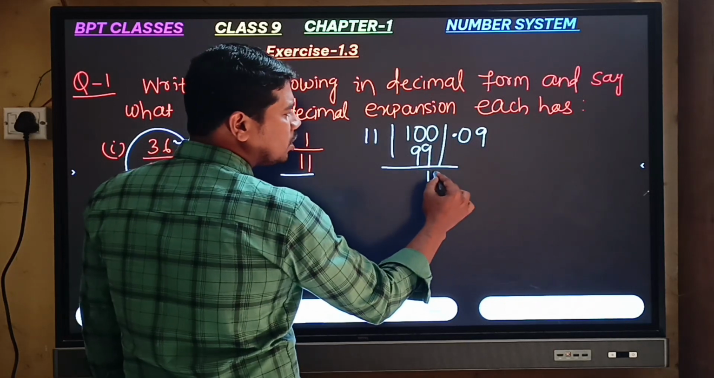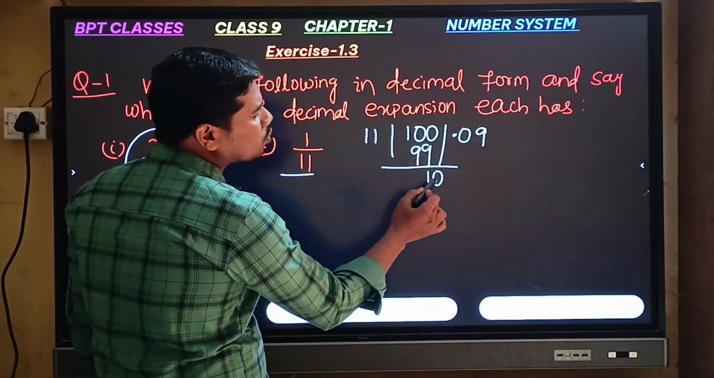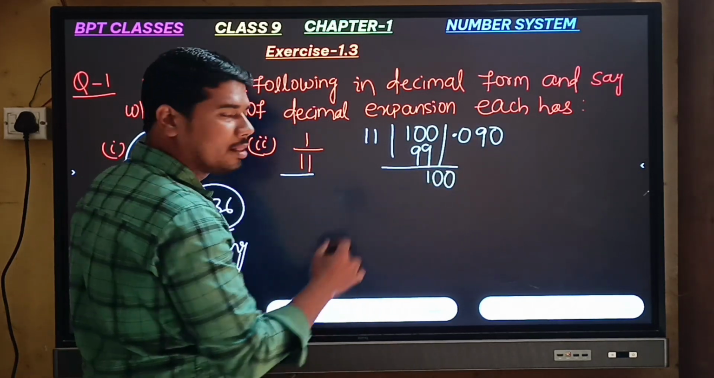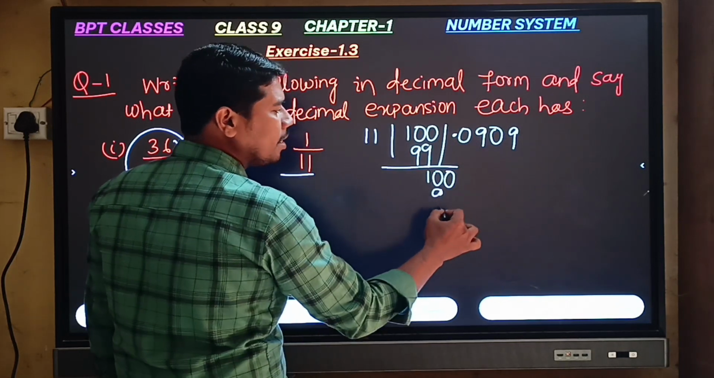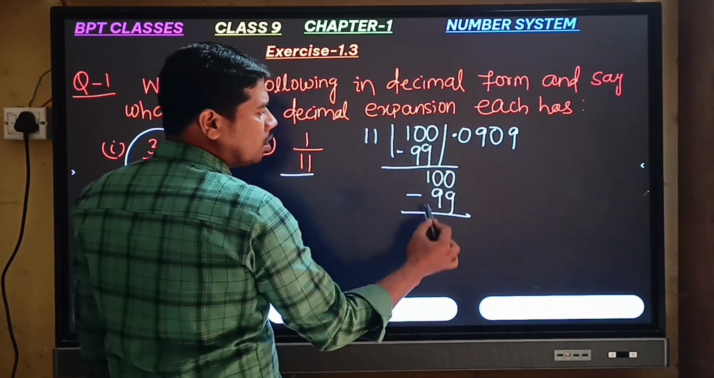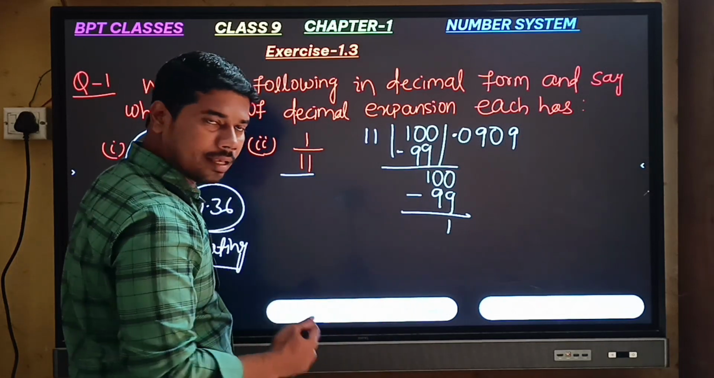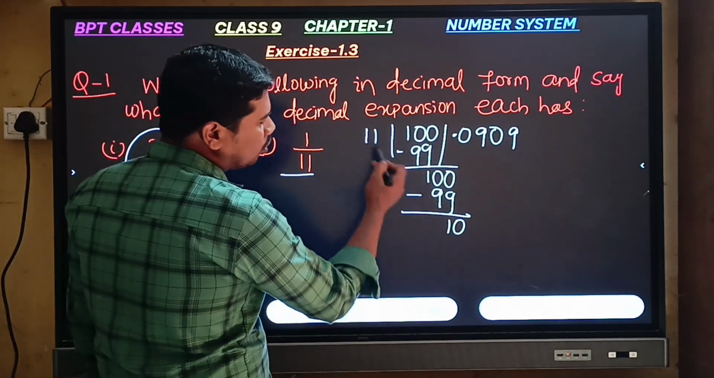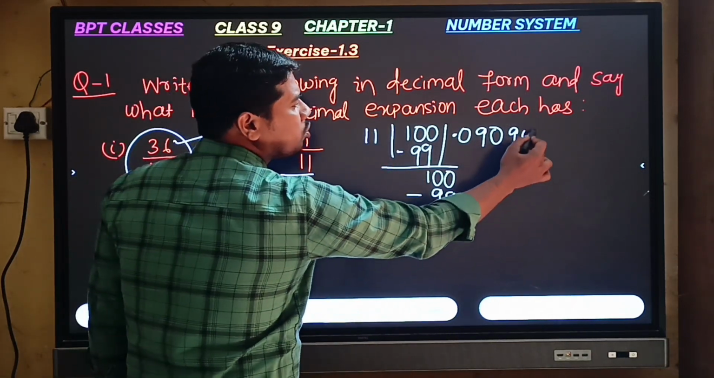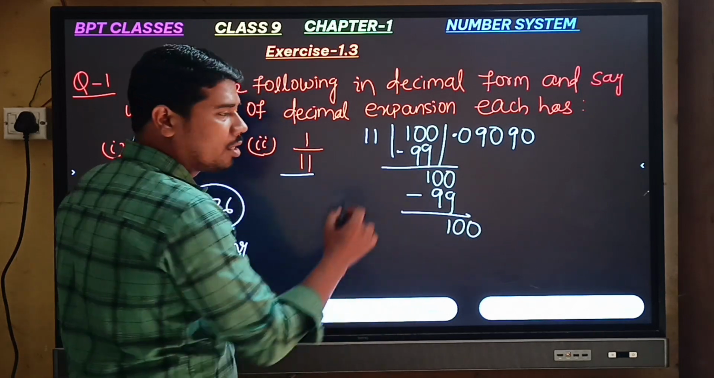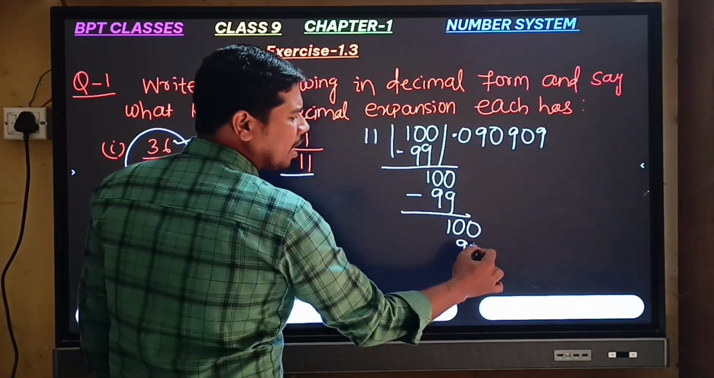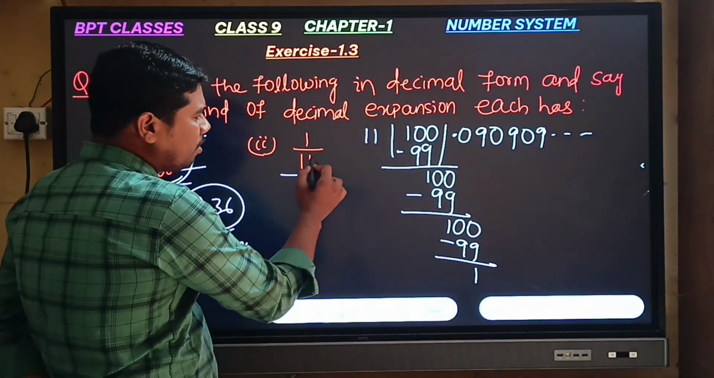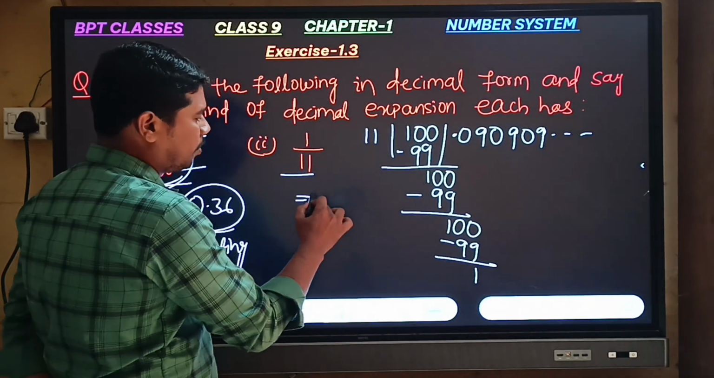Again there is a point, that means 0 will come. Again 10 is smaller than 11, so again 0 will be written here. So now it becomes 100. Then 11 9s are 99, then it will subtract. Then again 1 will come. Then the point means 0 will come. Again 0 will be written here. Then 100 will come. Then 11 9s are 99. Like that, it is going on. So for 1 upon 11, the value of this number is